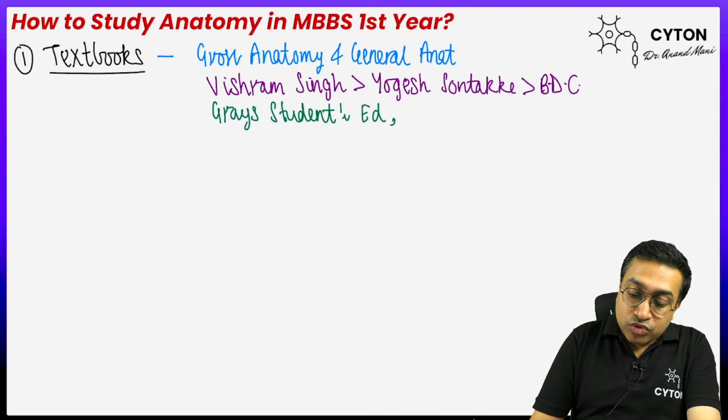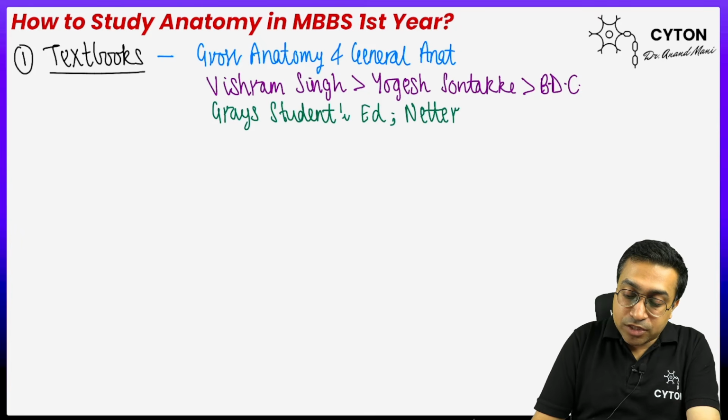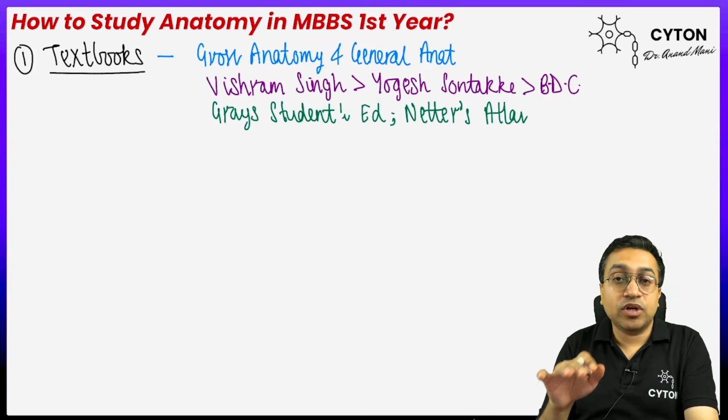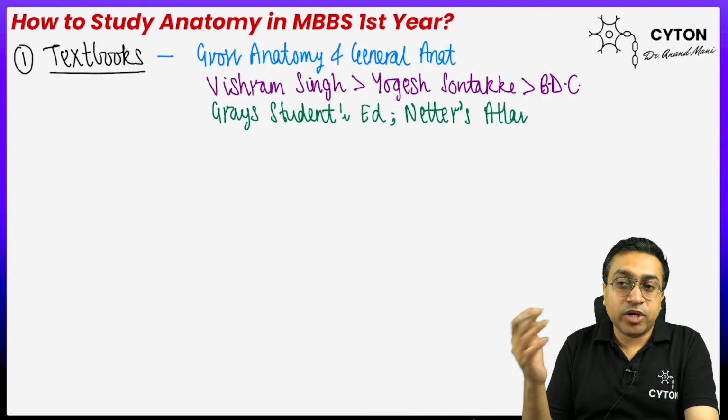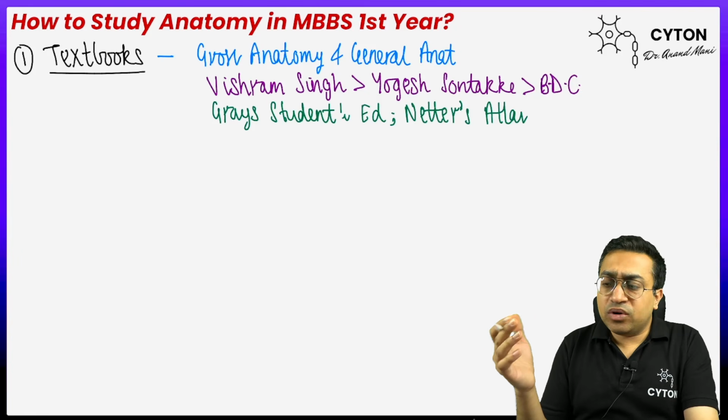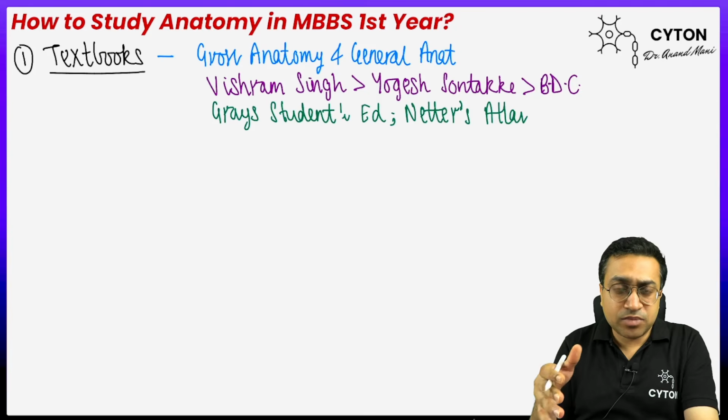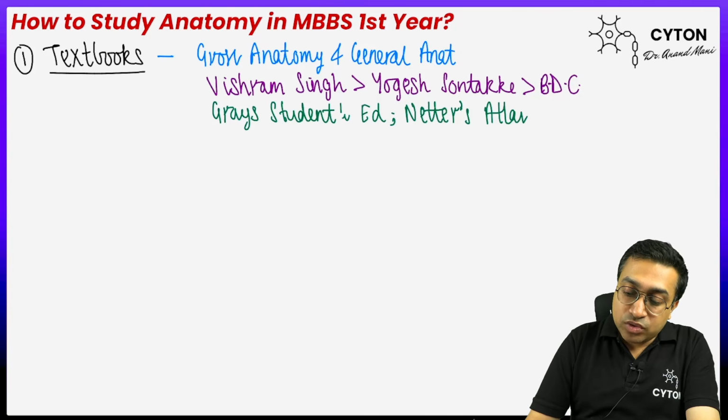Then also you should have Netter's textbook, that is the Atlas, Netter's Atlas. This is for images. Obviously in your first year you already have physiology and biochemistry ahead of you, so you cannot read so many textbooks for one subject. So Netter's Atlas for images, or Gray's Students Edition for images. And also there is another textbook, that is